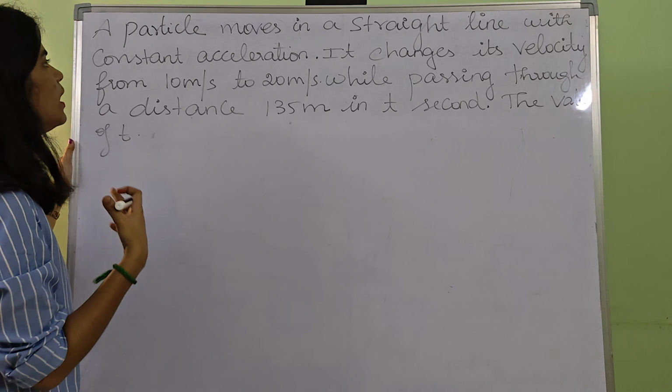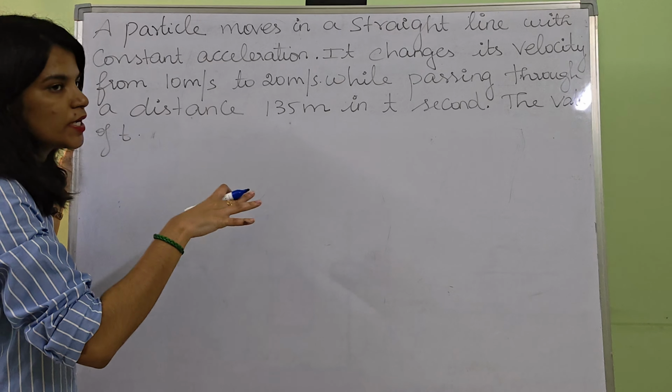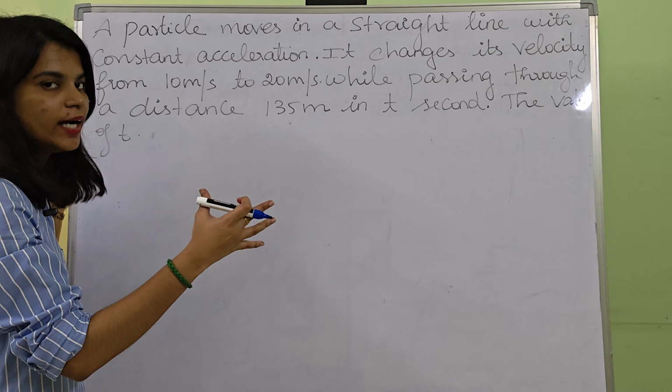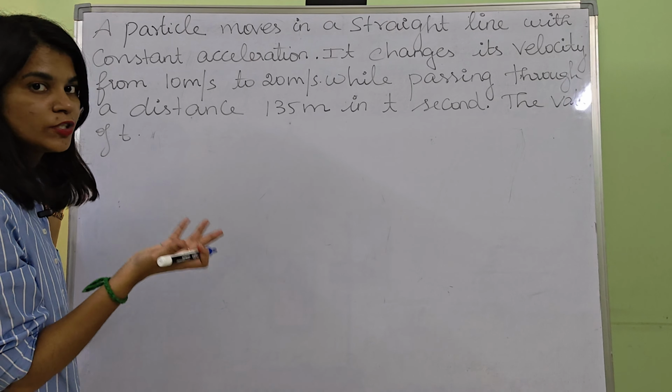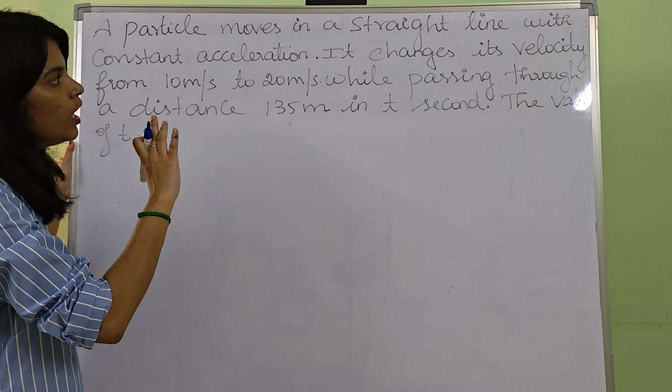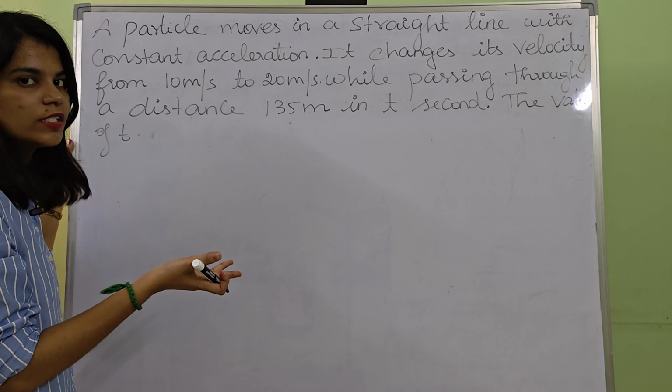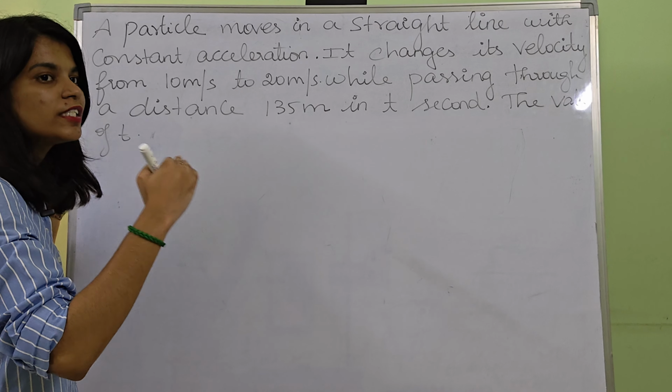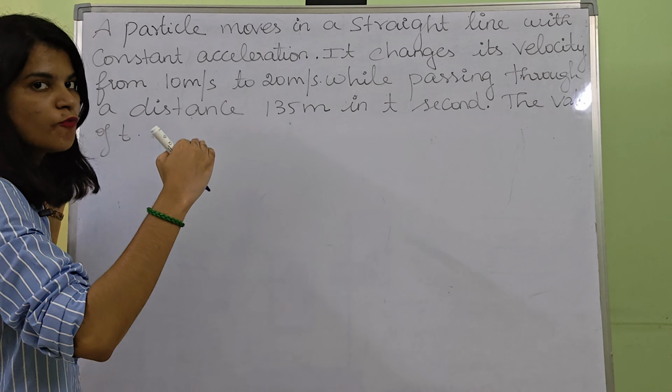Okay, so just imagine an object, it just moves in a straight line. Okay, there is a rectilinear path. It has a constant acceleration. That means uniform acceleration. Even more, if you want to explain, it changes its velocity, okay, when it changes its velocity, everything in a constant way, uniform way.